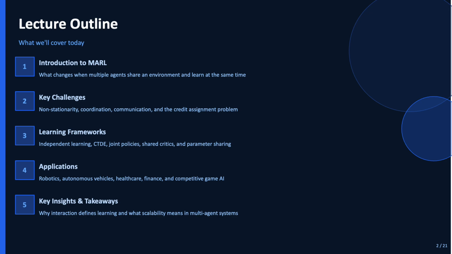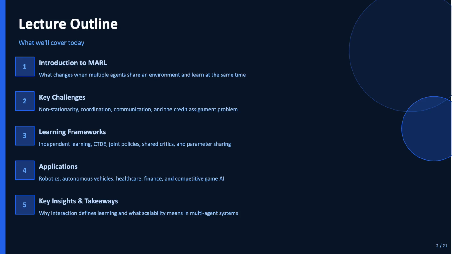The environment becomes non-stationary. Agents must somehow coordinate their actions. They may need to communicate, and attributing individual credit from a shared team outcome